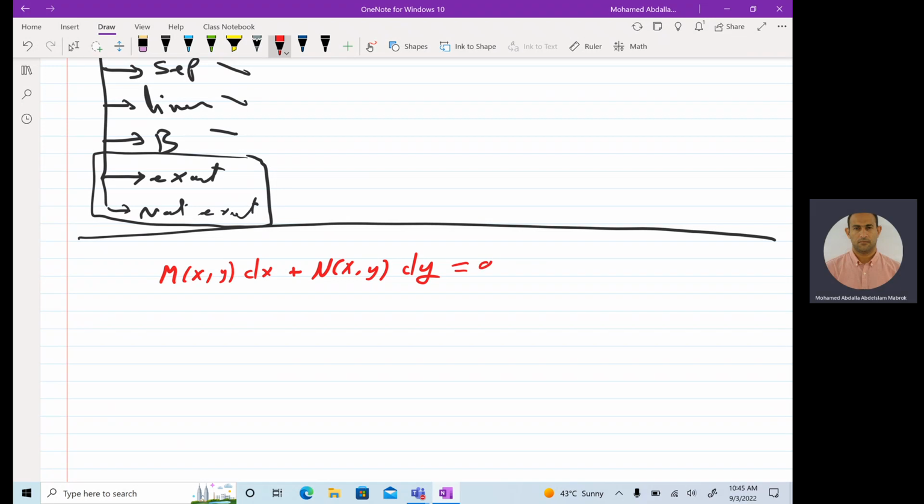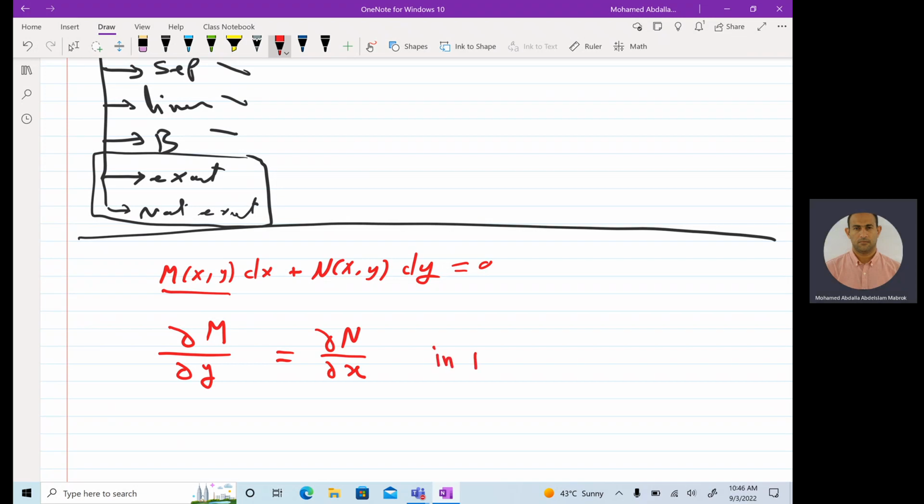Actually, any first order differential equation can be written in this form. However, if this condition is satisfied, partial M by partial y equals partial N by partial x,